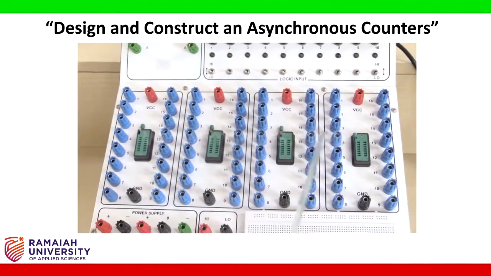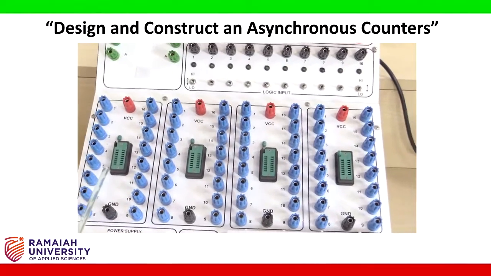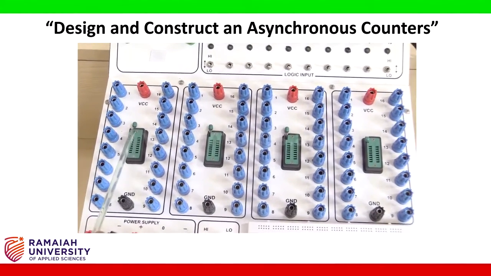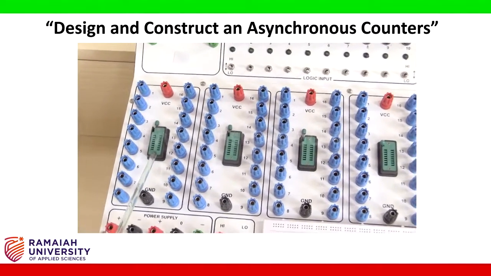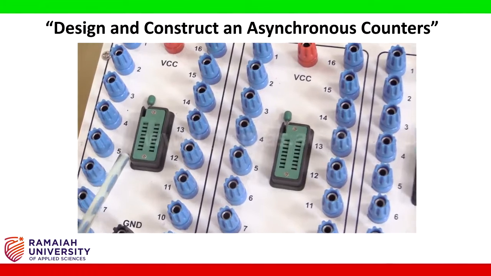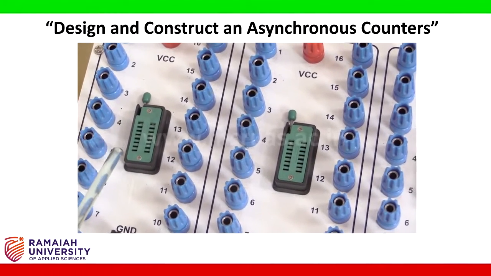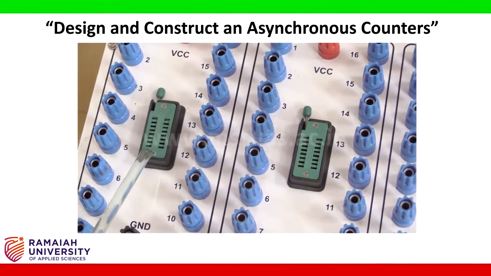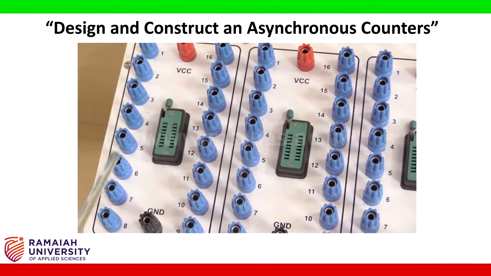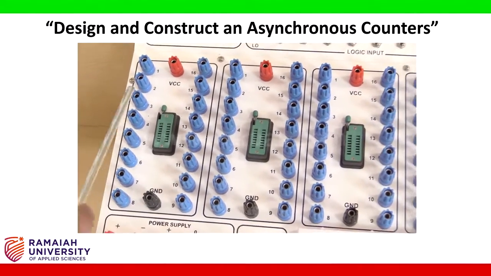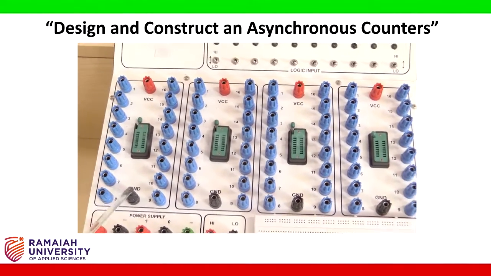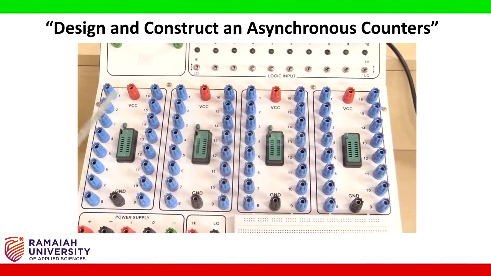where you can place different ICs. Now each IC base consists of the IC slot. There are 16 slots here, to place an IC which consists of 16 pins. So in this experiment we are using the 7476 IC which consists of 16 pins. Therefore all the slots will be occupied by the IC, and these knobs at the IC base represent each slot of the IC base, and there are also VCC and ground to power up the IC